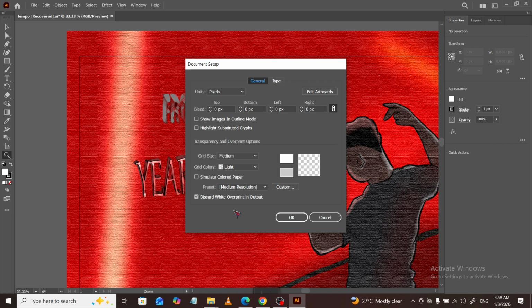If you're collaborating with a printer, remember that some jobs require a specific bleed. Only remove it when you're sure it's not needed. Otherwise, your artwork might print with unintended white